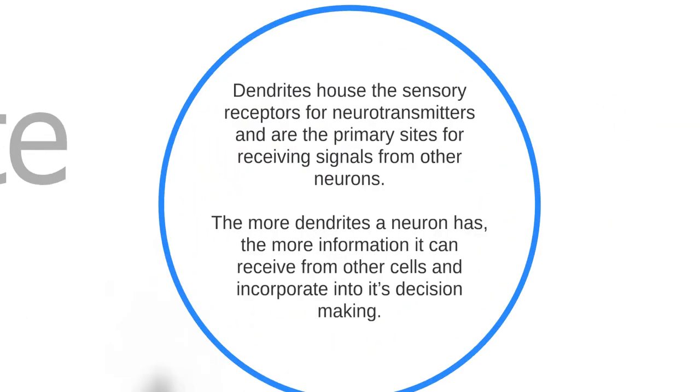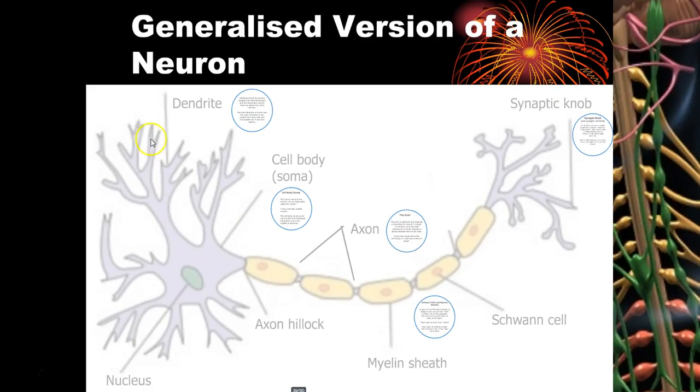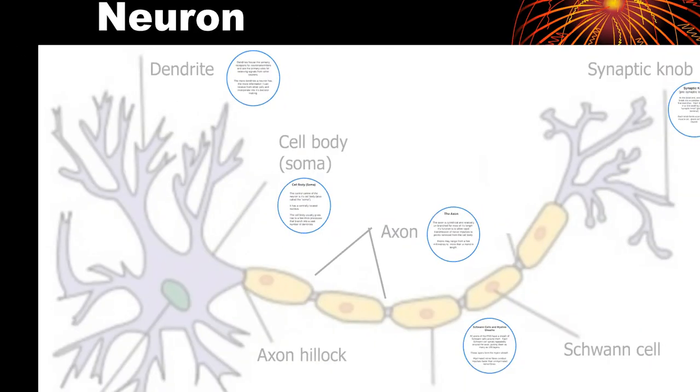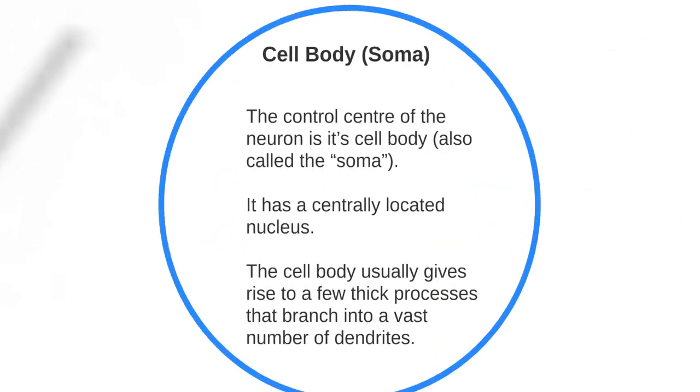The dendrites, as I said, is where the sensory receptors are, and basically they receive the signals and then pass on that information in the form of electricity. The more dendrites that a neuron has, so the more of these little antlers, the more information it can pick up, and the better the feedback that the central nervous system gets about what's going on. Those little impulses are sent down the dendrites and congregate in the central head of the